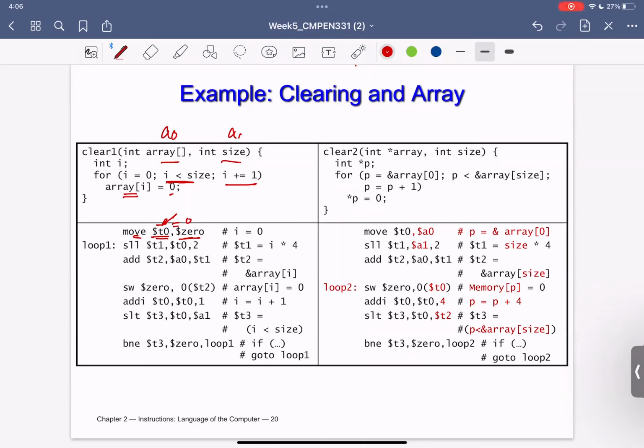But then I would like to allocate a rule so that I would always be able to get the address of my I. So what is the address of array of 1? What is the address of array of 2? What is the address of array of 3? What is the address of array of 0, array of 1, array of 2? The same exact rule that we mentioned: multiplied by 4, add to the base address.